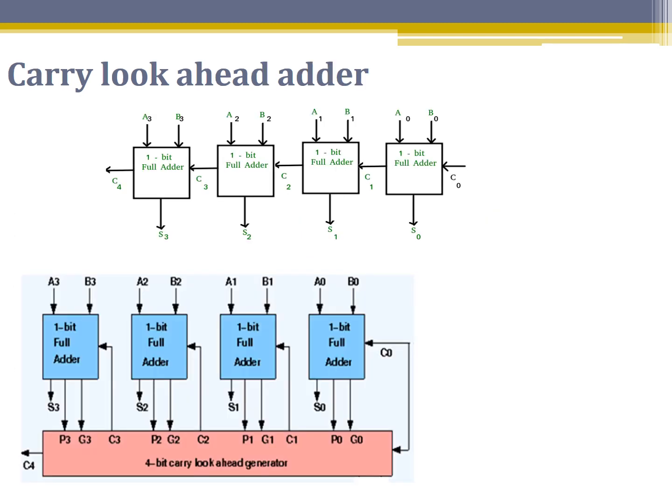So this is a normal 1-bit full adder, the ripple carry adder. So as we all know, the ripple carry adder has a lot of delay. So if we have an n-bit adder, then the delay will be n into TD, where TD is the delay of each adder. Because if this adder has to work, this carry has to be propagated. If this adder has to work, it has to wait for this previous carry. So this is the ripple effect.